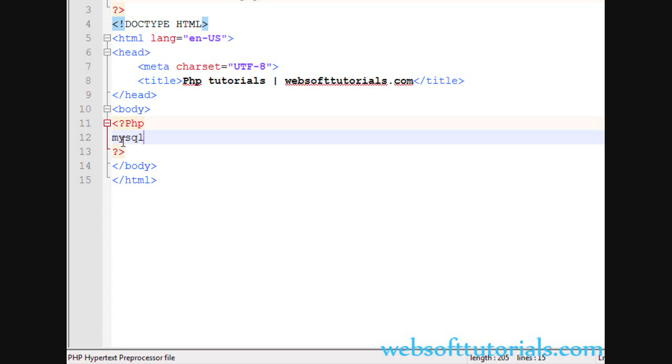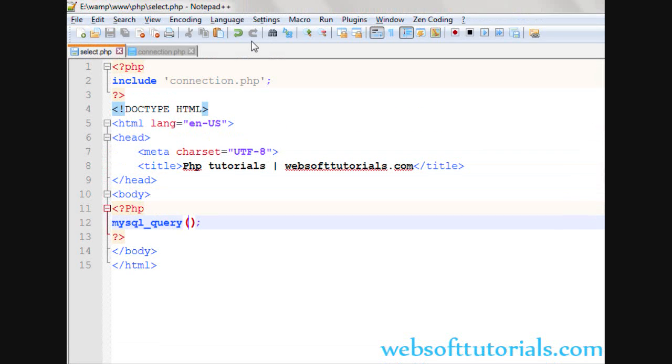So firstly we will use MySQL query function, because MySQL query function is an inbuilt function in PHP which is used to run the query. So in between these two function brackets we will use double quotes or single quotes, whatever you want to use. Now we will write the select query here, and the query is select